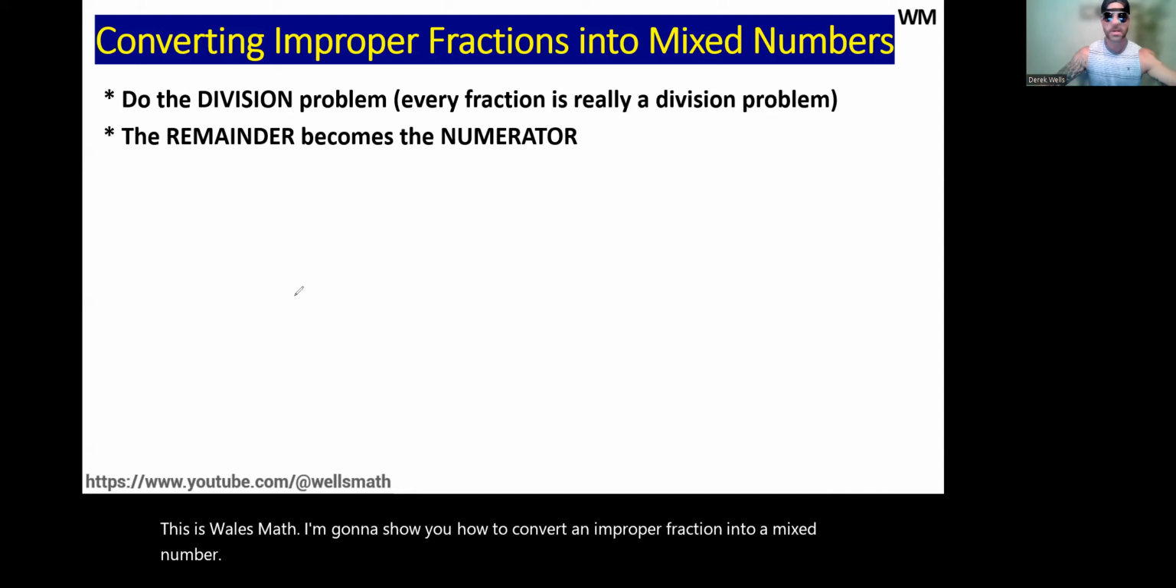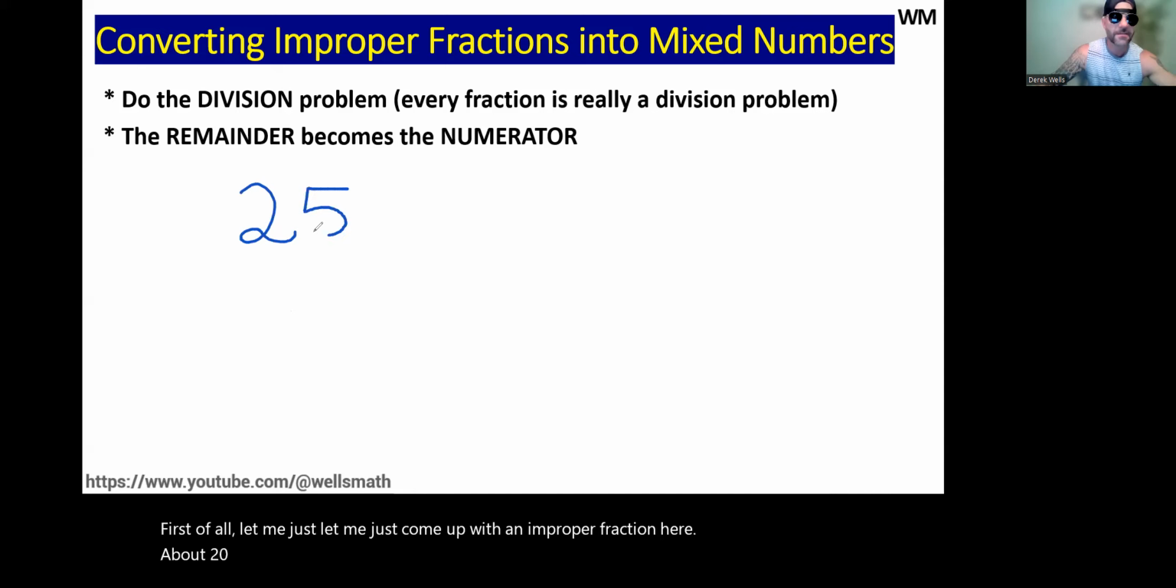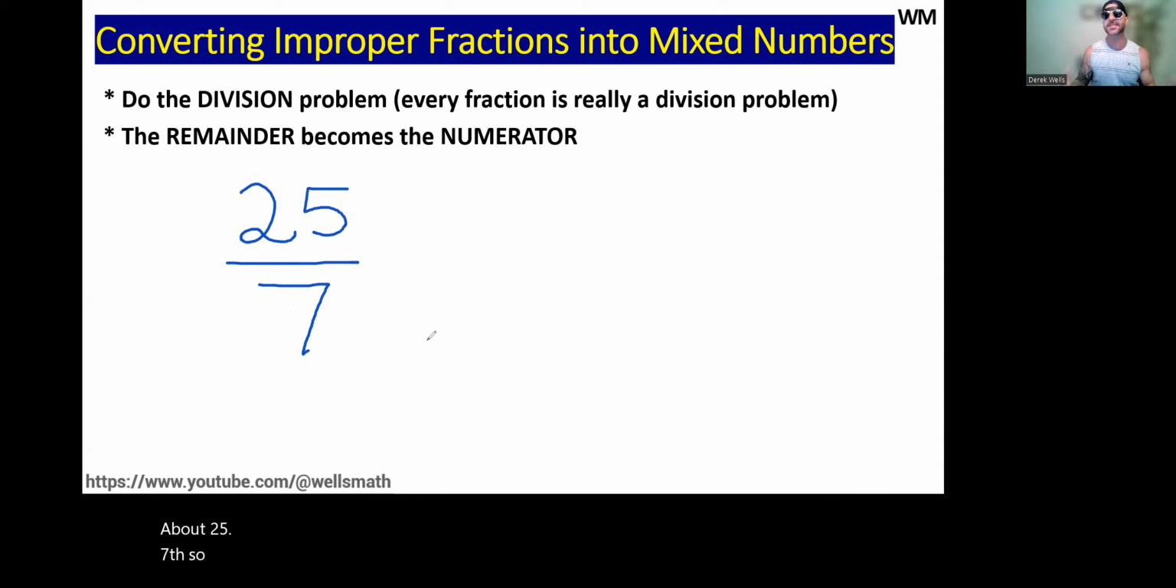First of all, let me come up with an improper fraction here. About 25 sevenths. So this is an example of an improper fraction. And what this really means is